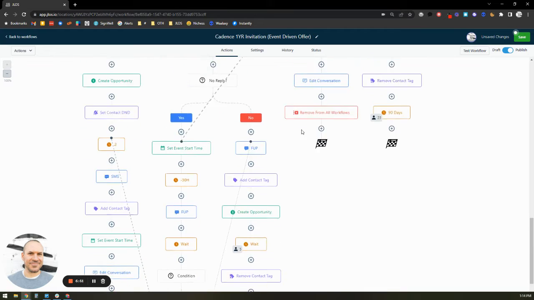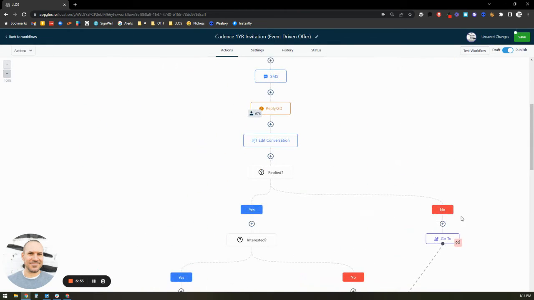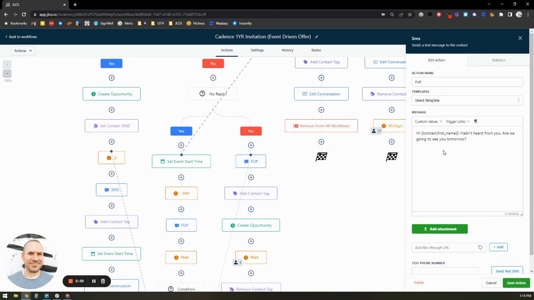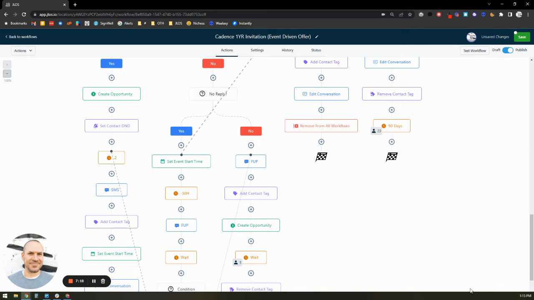And so if they didn't respond to anything, then we are going to follow up with them right here with this message saying, hey, just hadn't heard from you. Are we going to see you tomorrow? And so we put another date and time specific thing saying about tomorrow. But we can copy and paste this workflow for other events, for event-driven offers. All we have to do is update the copywriting and update this thing, and it'll nurture them into that particular event. So this stuff is really, really powerful. Really powerful. So we're literally feeding 8,000 contacts into this,